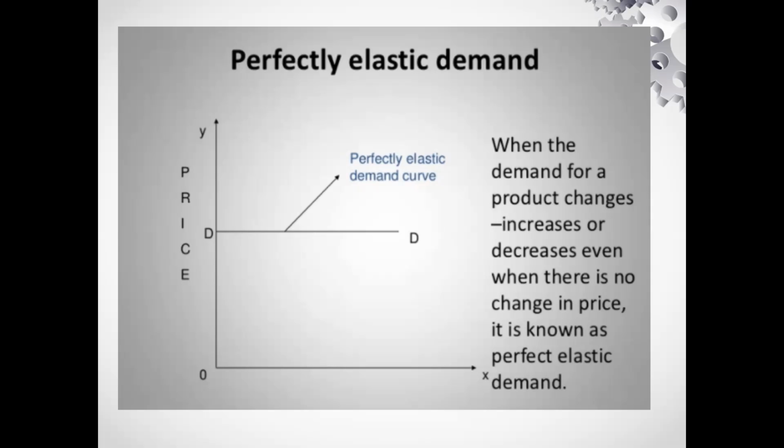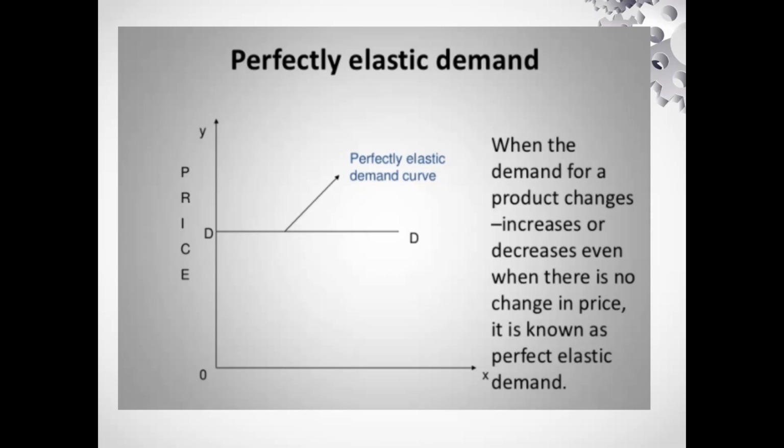Price increases, demand decreases. Price decreases, demand increases. But that will not only be the case. Sometimes the demand fluctuations will take place without any fluctuation of price. There may be no change in the price, but for some other reason, such as the competitor's product, your product price may not change, but any changes in the competitor's product will affect the elasticity of demand